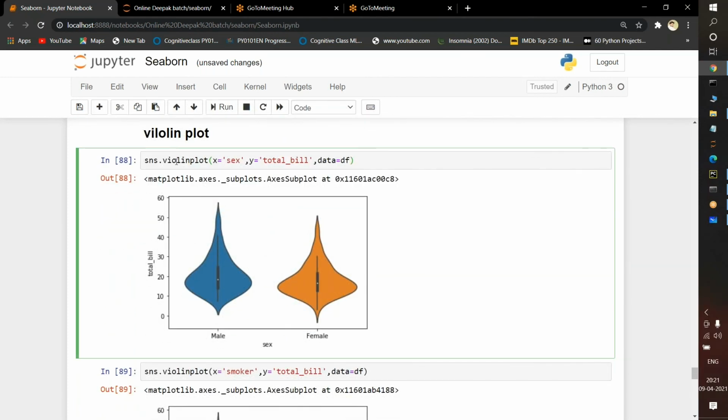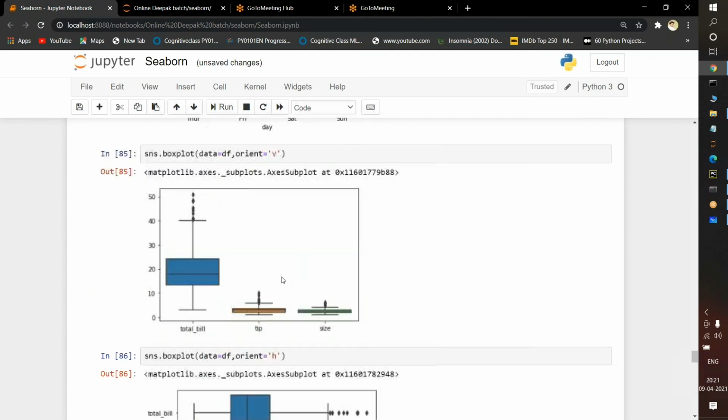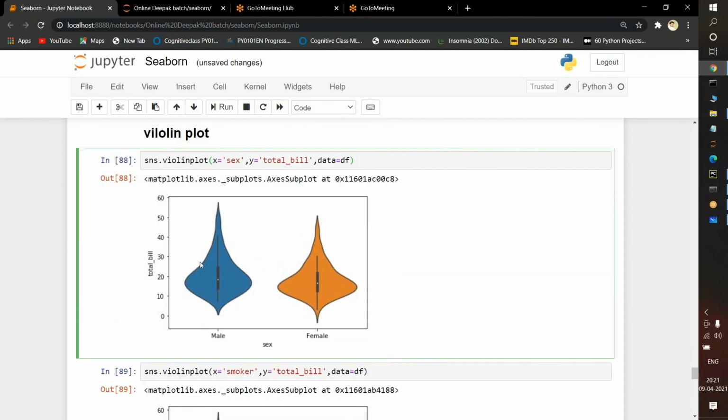This is a violin plot technique. Wherever the data is huge in a particular area, the curve will be very large. See, this is in the shape of a violin. From Seaborn I am taking the violin plot. I am taking the x-axis as gender and the y-axis as total bill, and passing data equal to df. If I execute it, on the y-axis I have total bill and on the x-axis I have gender, but wherever the data is more, on the part where they depend more, the size will be increased.